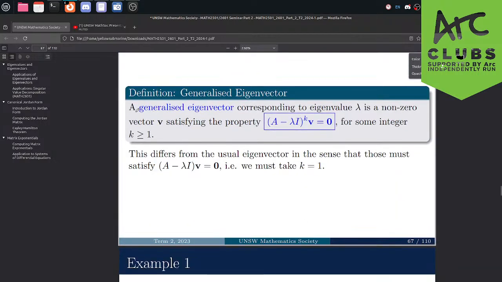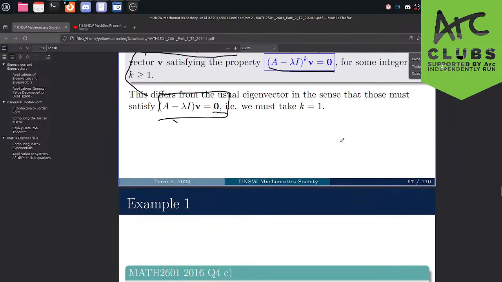So I'm going to define the notion of generalized eigenvector to do this. Recall that a normal eigenvector is such that Av equals lambda v, or written in another way, this, right? To generalize this, we say if we take (A minus lambda I) v equals 0, that's an eigenvector. But if we do that twice and we have to get to 0, we say that's a generalized eigenvector. Or if you have to do it 3 times, and then 4 times, and then 5 times, and so on. So (A minus lambda I) to the k times v equals 0 is a generalized eigenvector.